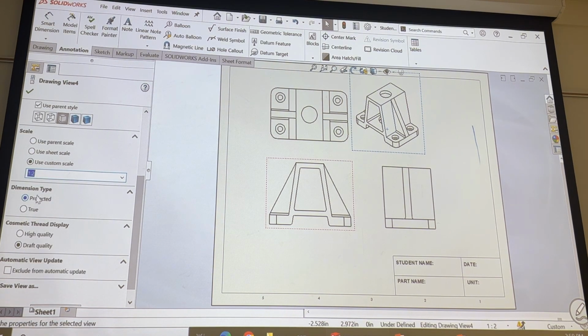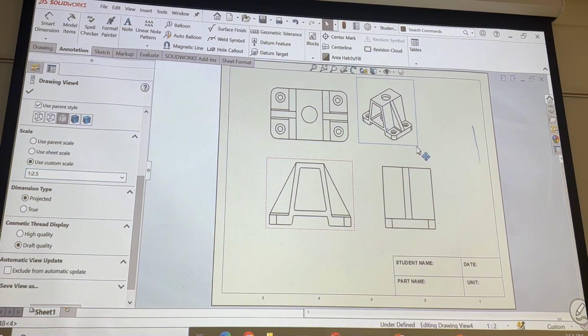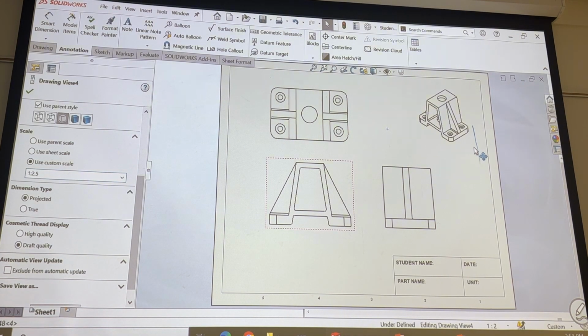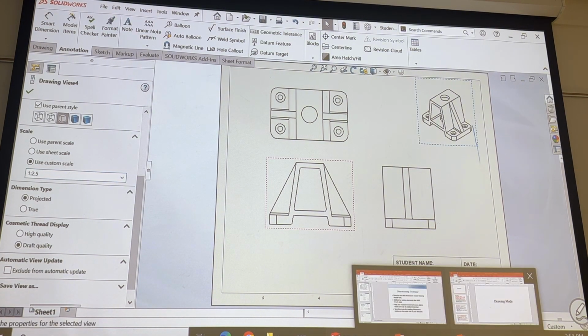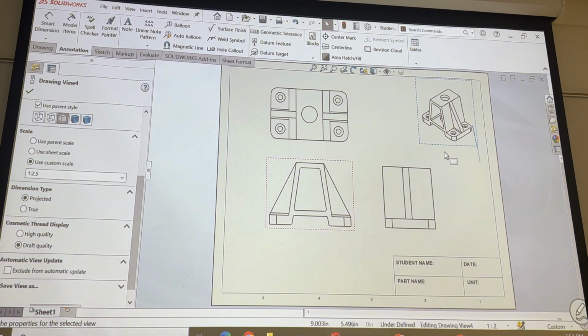You think it's okay, then it's okay. Then 1.25. Okay, this may be 1 to 2.5. Then drag this to the corner, right? So that it will not occupy the space for dimension,